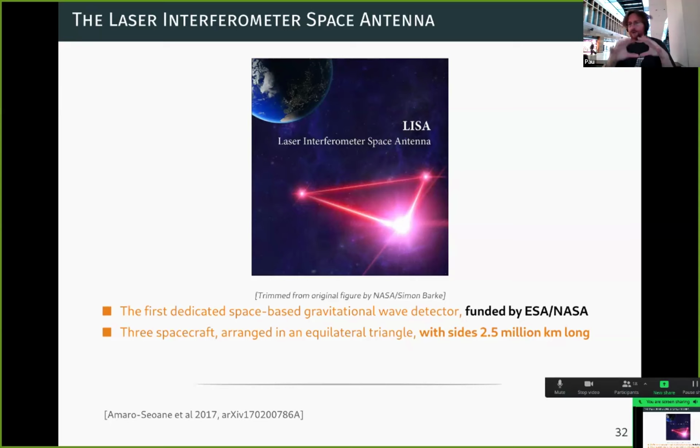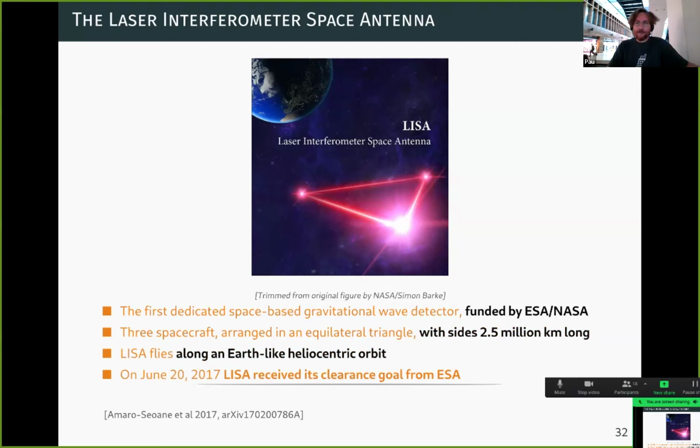So you have to protect this free-falling mass with a satellite, which is going to shield it against the sun. But on the other hand, you are charging it with cosmic rays. So you have to decharge it. And ask yourself the question, how do you decharge a mass without touching it? So these kinds of things are what make the experiment so challenging.